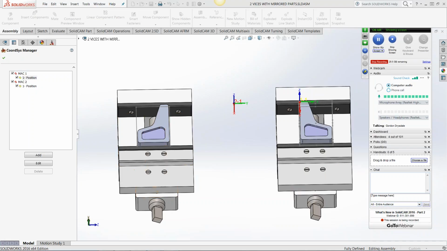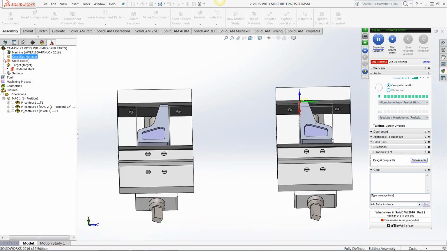However, I know you're not going to work that way. You don't know on your machine bed exactly where these two vices are going to be plonked, unless you happen to have them permanently set up like that, and you do know that value. The guy on the machine might not have these on the table when you come to program it, so you don't know how far apart he's going to set these up. What you can do, here's our original